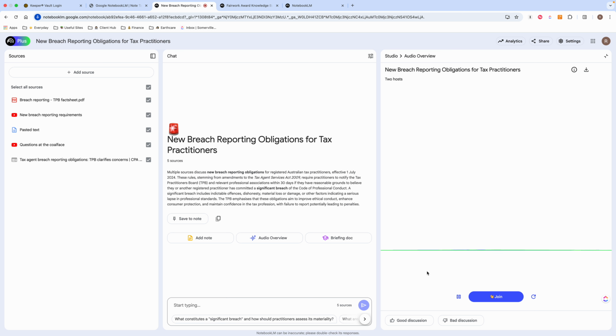Welcome to the deep dive. We know you're here because you need to grasp those crucial bits of info, right? Without drowning in too much detail. And well, that's what we came for, cutting through the noise and getting straight to what matters. Today, we're zeroing in on the new breach reporting obligations, the ones for